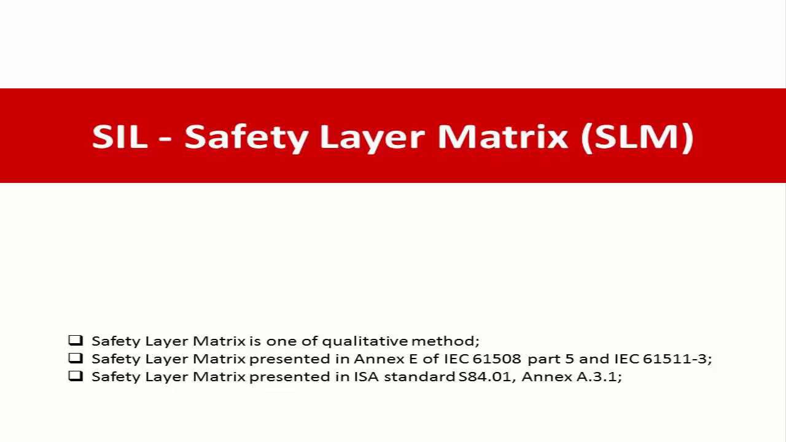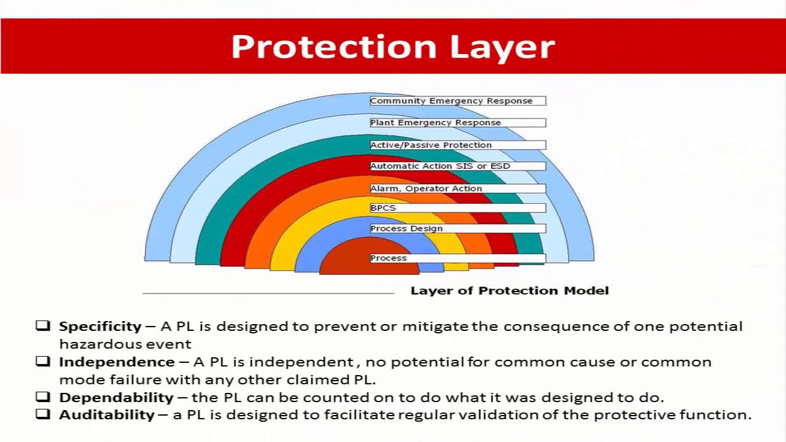S84.01, Application of the Safety Instrumented System for the Process Industry, Annex A.3.1, and the same principle is also presented in the IEC 61511-3. Before reviewing the present risk reduction, each process should begin with the most fundamental element of the process